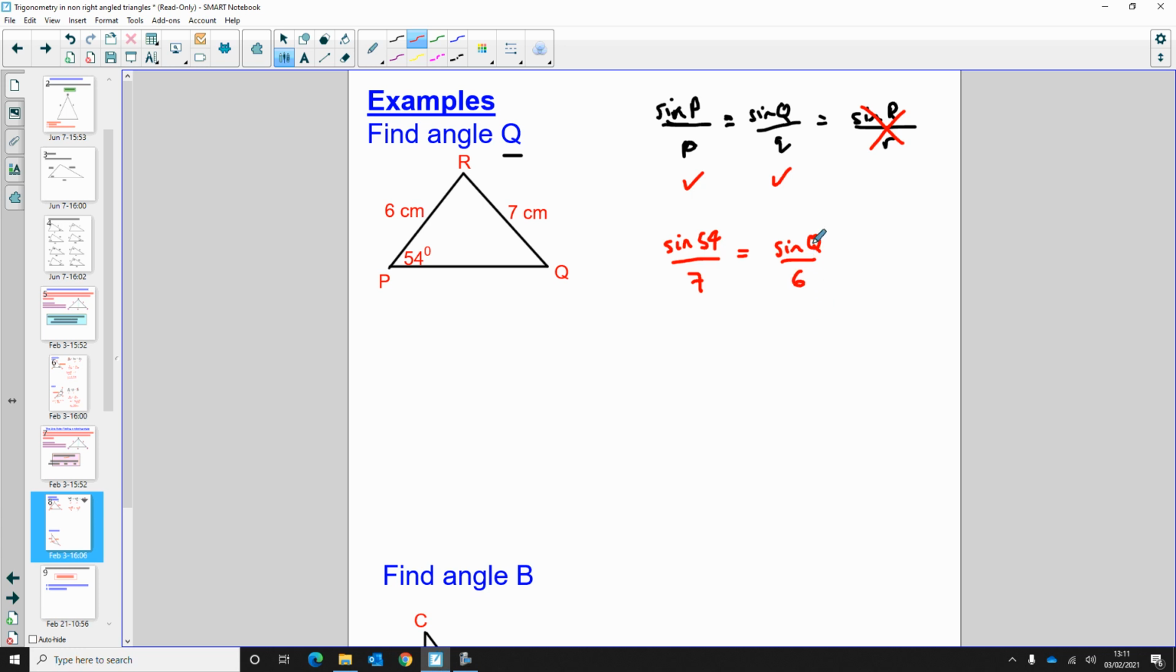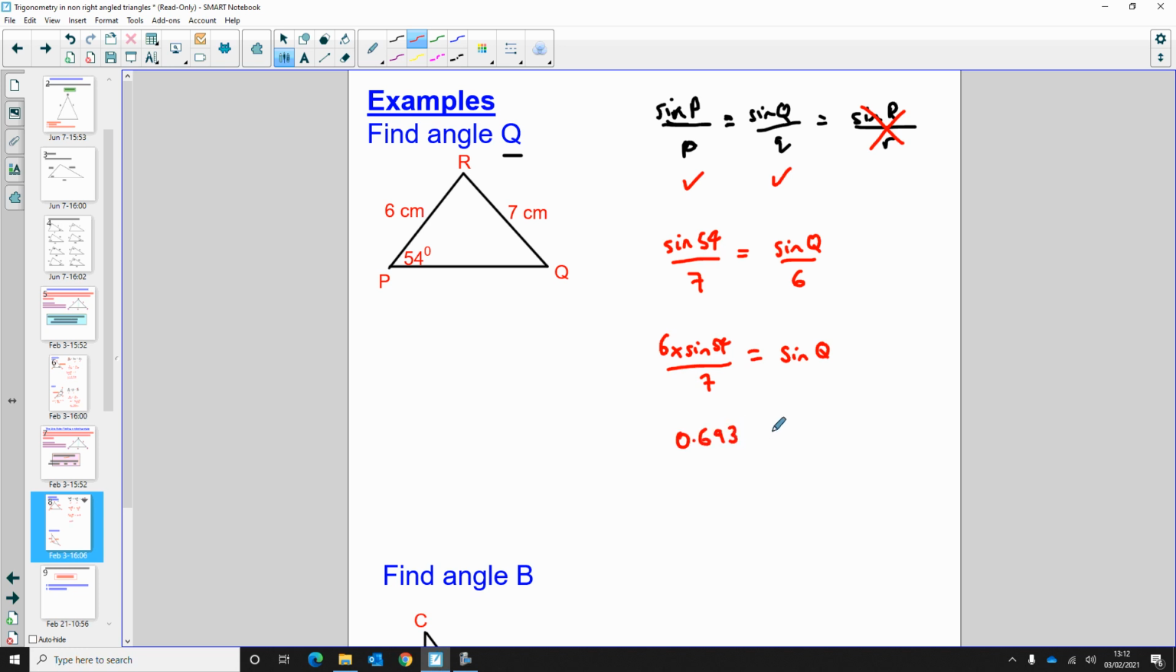Okay, now we do the same. So in this case, the sine Q has been divided by 6, so we need to bring the 6 across and multiply. So that's going to be 6 times sine 54 all over 7, and that's going to be equal to sine Q. So if I calculate that, that gets me